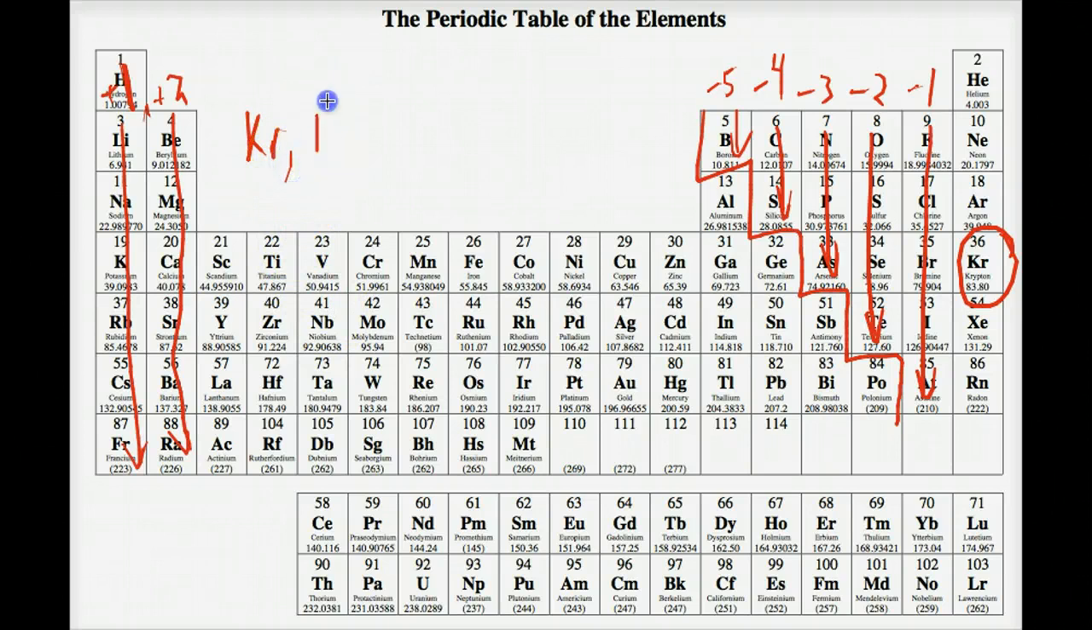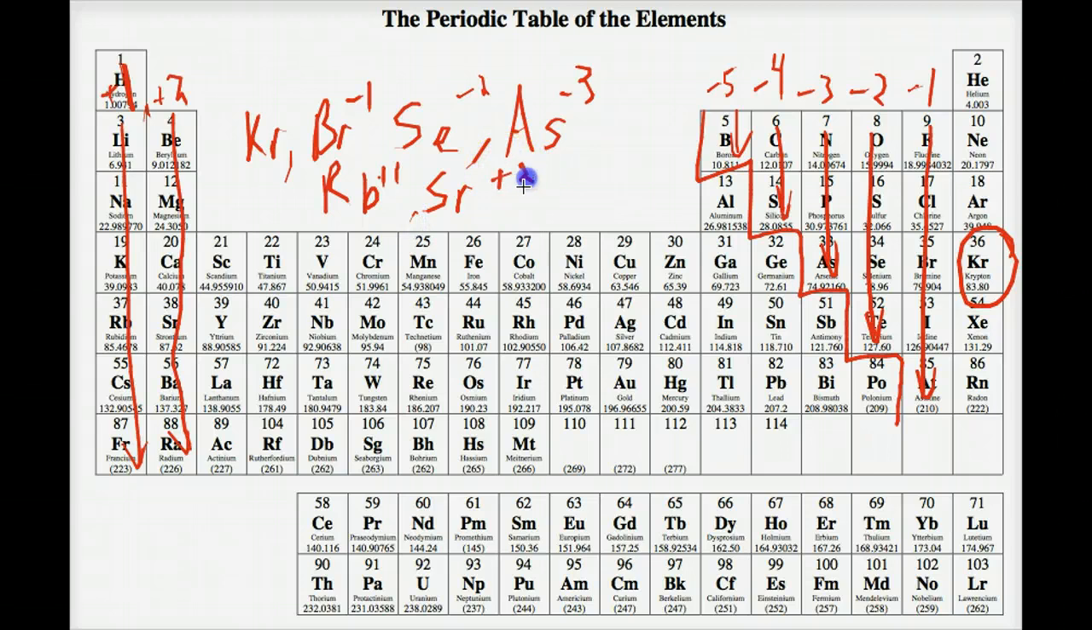You have krypton, bromine -1, because it picks up 1 electron to have krypton's configuration. If you don't believe me, draw it. Se -2 goes over twice, same configuration as krypton. As -3, okay, same configuration as krypton. Over here, Rb +1 and Sr +2. Okay, all 6 of these, we have the krypton atom, and all 5 ions have the